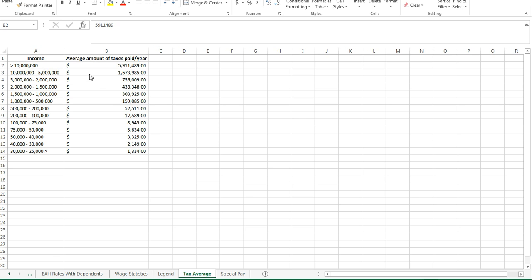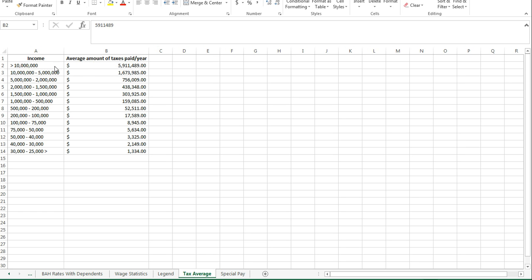I'm going to explain to you our tax bracket portion of the model real quick. As we all know, the tax bracket in the United States is based off the amount of income you make. For instance, the 39% tax bracket is the upper tier of the income made in the United States. So instead of doing percentages, we decided to be easier in the user interface and for the user if we did the average amount of taxes